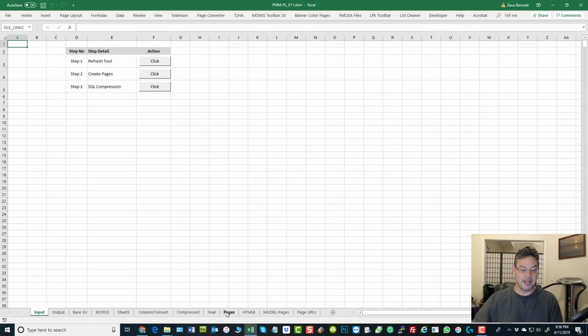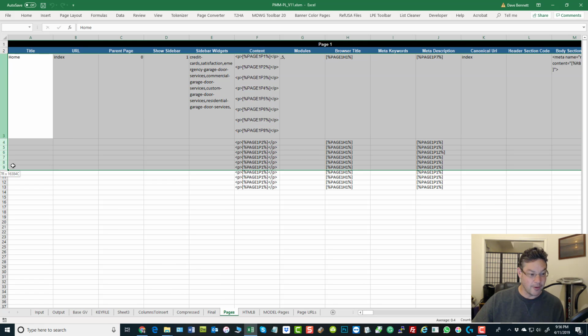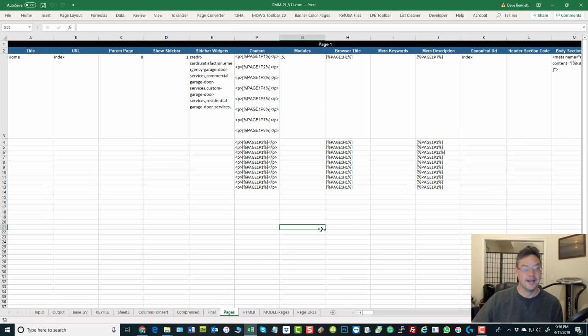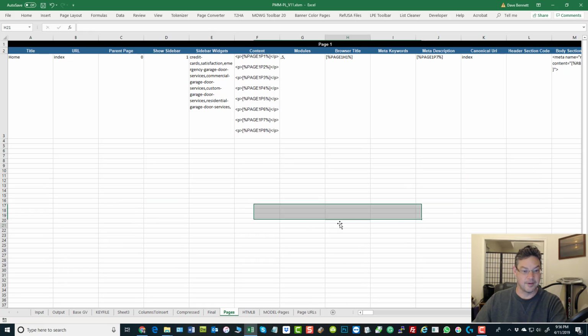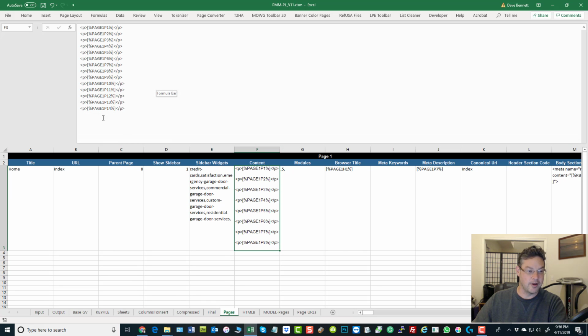Okay, let's look back at pages again. This is like your pages tab, right? That's my point. Do I really need all of these codes for the pages tab? No, because it's going to be the same thing over and over again. But this is my base pages tab, so I could delete this stuff. Here's my point. Look at content 1. Look at that. It already figured out all of the coding with all of the variables, with all of the names that we were generating